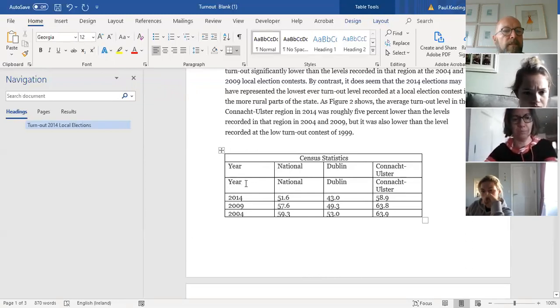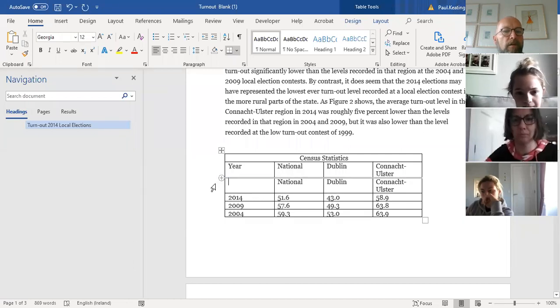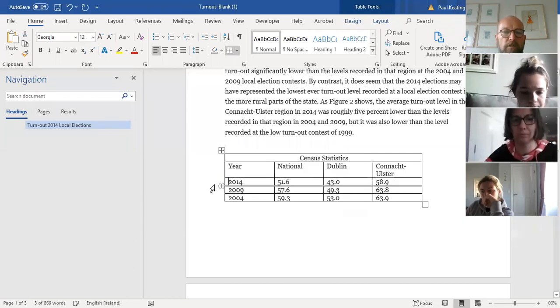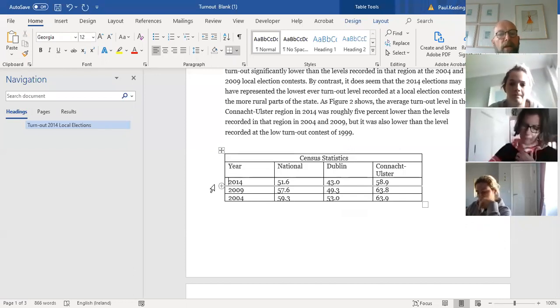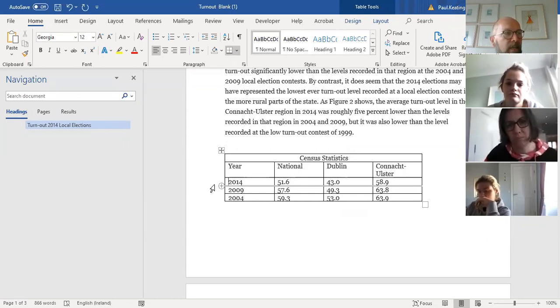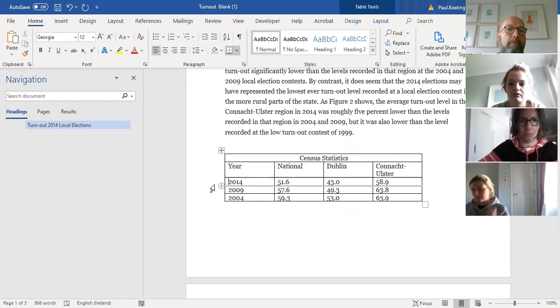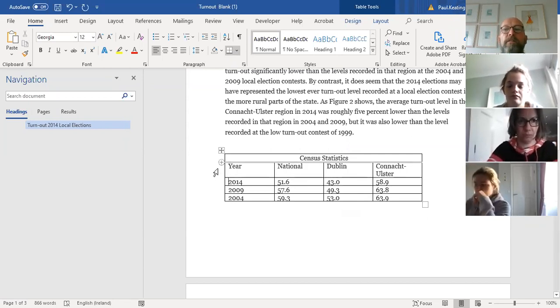Does that make sense, Emma? Yeah. Did that work for you? Yeah. Okay, so what you can do is copying and pasting rows just makes the row again. Now, it mightn't be exactly as you want it. But it'll get you a new row. And the other way of doing it,